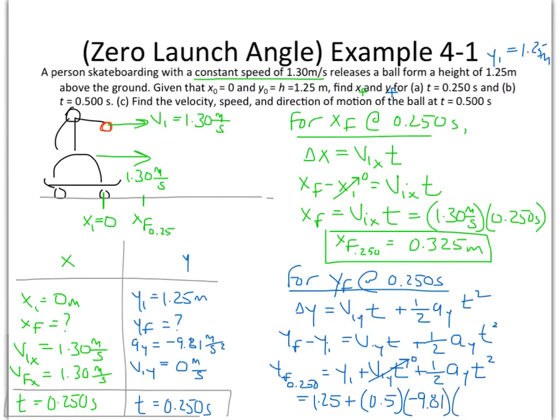What's our time? Time is 0.250 squared. All right, and that's going to give us our final y position of this ball. All right, 1.25 plus 0.5 times negative 9.81 times the quantity 0.250 squared. And that gives us